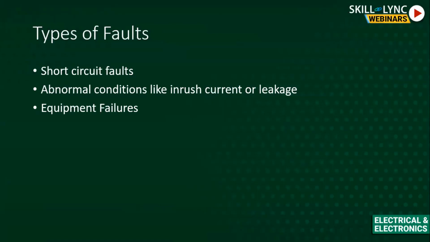The third one is equipment protection. There are various equipments connected in the transmission line or overall system. If we look at generators, transformers, or the protection devices, if there are failures in these equipments, they might not do the function they are intended to do, and it can also lead to major failures in the system. So if we have to ensure the security and the reliability of the power system, these are the faults we have to provide protection from.